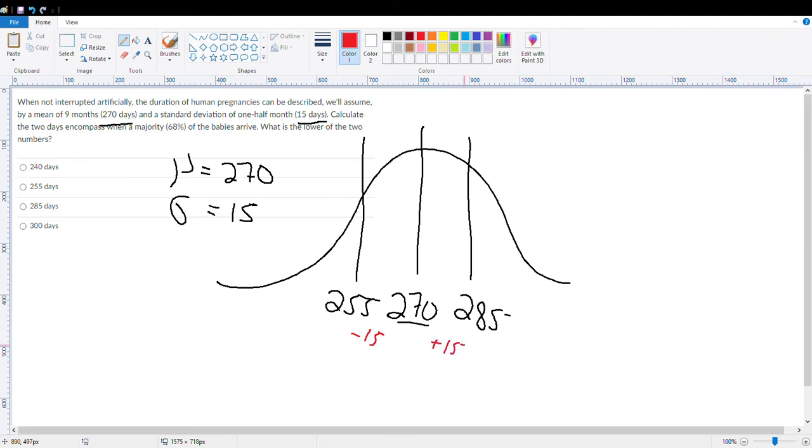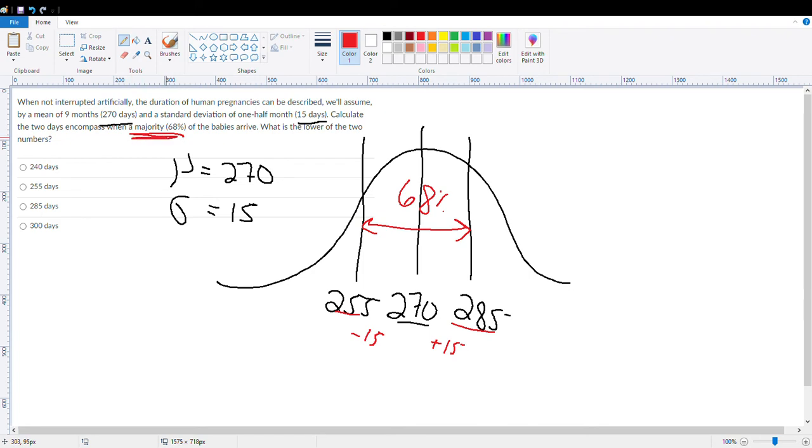And if you can recall from our last video in this module, what I'm asking you to trust me on, and then in the subsequent week we learn how we know this, is that 68% of people fall in between one standard deviation below the mean and one standard deviation above the mean. That's pretty amazing knowledge. So now I know where the majority of babies, or what day the majority of babies